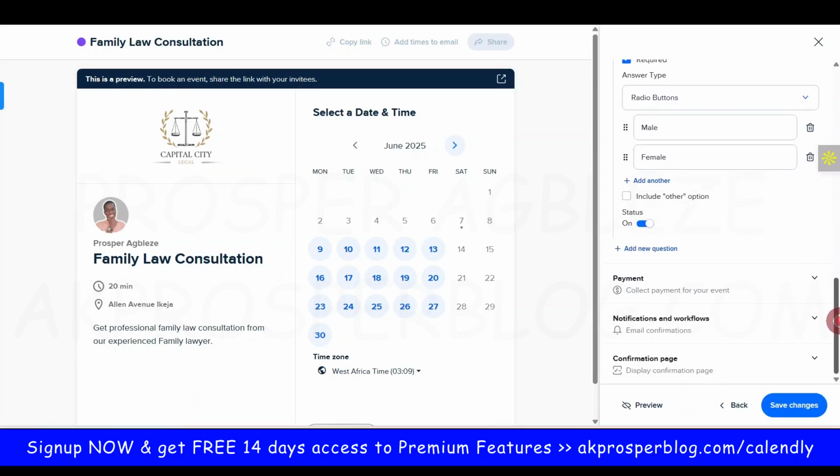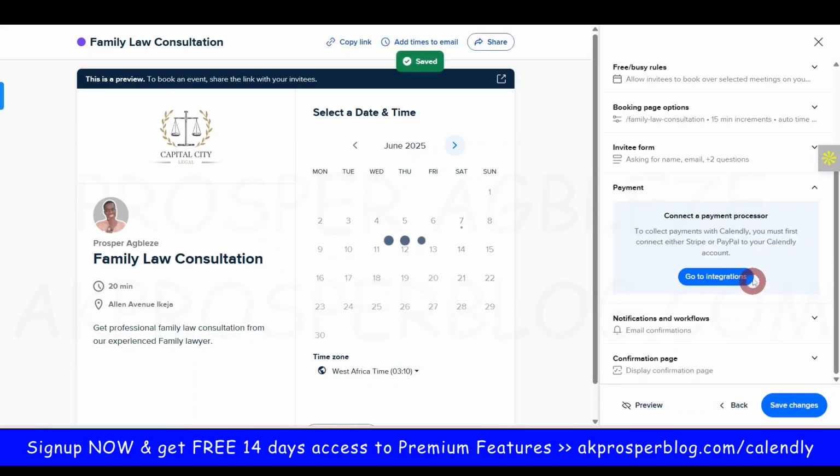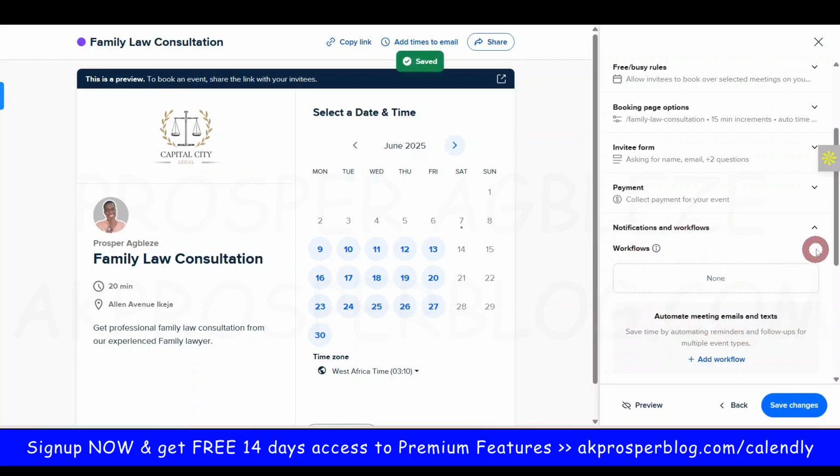So that's just it. Then for payments, if you want to accept payments for the booking, there's an option there. But before that, you need to connect a payment processor. We've not done that, but once you connect a payment processor, you'll be able to include the payment option. This is where you're going to be able to add how much you want to charge for that meeting or for that service or for that consultation. All right. So under notification and workflow,